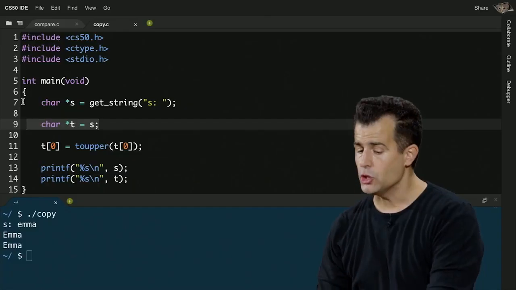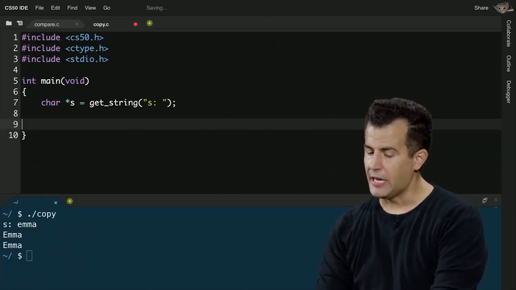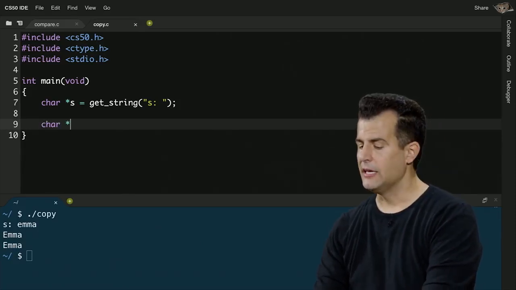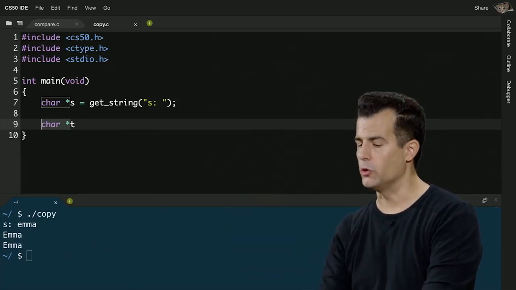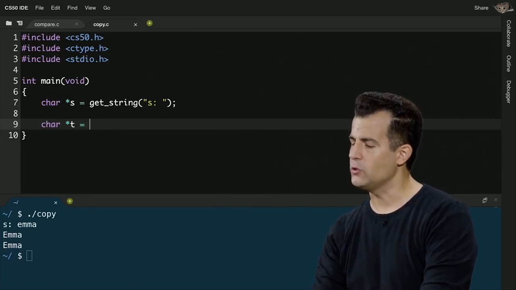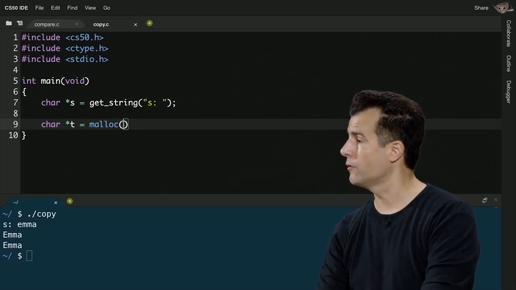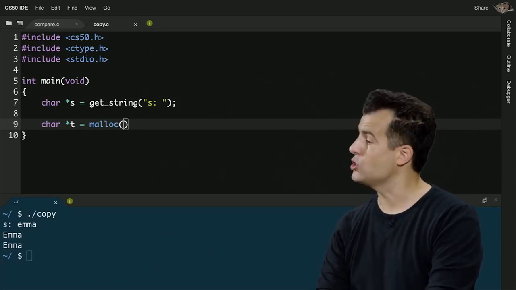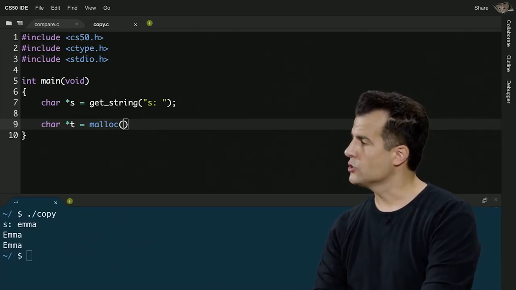And so we can actually do this. Let me get rid of all but that first line where I've gotten s as before. And I'm going to say that t is a string, but we don't need that training wheel anymore. char star, even though it looks uglier. Let me allocate more memory for myself. How do I do that? Well, it turns out we've not used this before. There's a C function called malloc, for memory allocate. And all it asks as input is how many bytes you want. So how many bytes do I want for Emma to store her name?